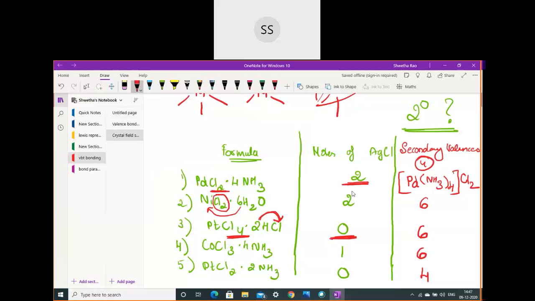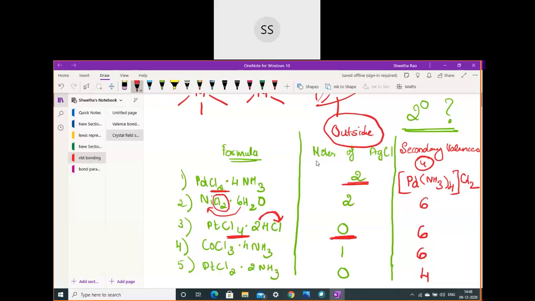Yeah, what I feel is hydrogen will go into the solution, okay? And this chloride will be linked to the platinum atom. Yes, I hope this part is clear. So from this side, the question can be asked. One compound will be given to you and they will ask how many moles are getting precipitated out. So you need to find the primary and the secondary valencies based on that. Okay. Yes, so I will stop here.